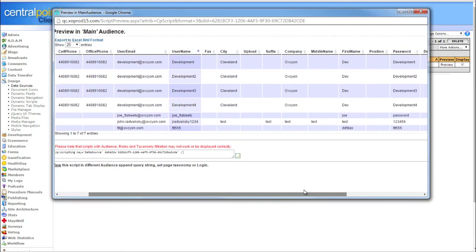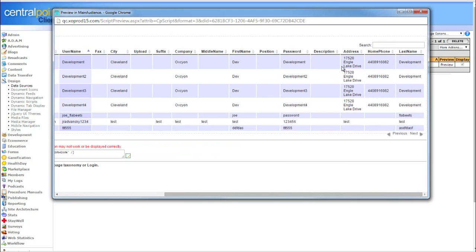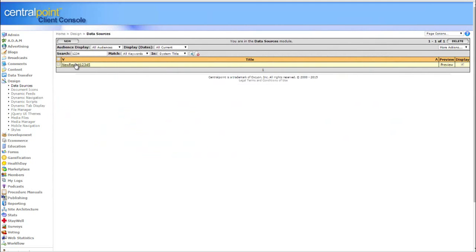And when I eyeball it, there might be some things I don't want. So, for example, description, position, upload. They're empty, so there's no point me including those in my report. So I'm going to say description, position, and upload. I'm going to go into